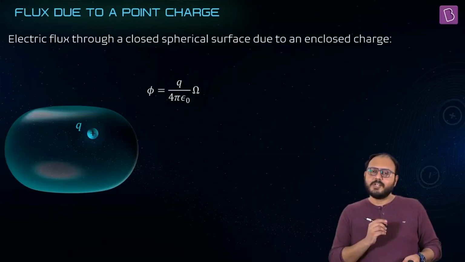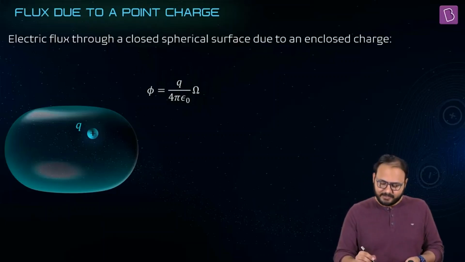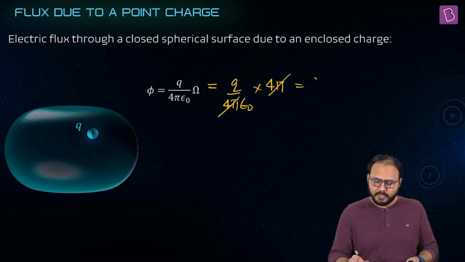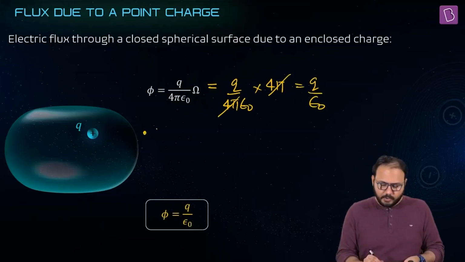If the solid angle is complete, oh, I got it, sir. You are saying it will come out to be q upon 4 pi epsilon naught into 4 pi. Absolutely. Q by epsilon naught. Very good. Total flux, phi total,